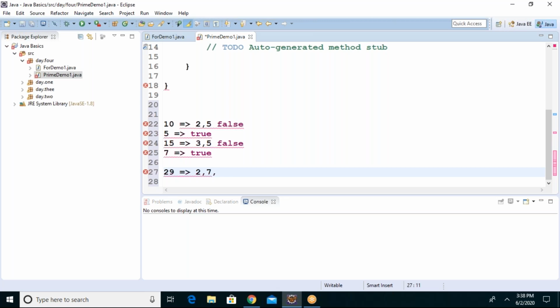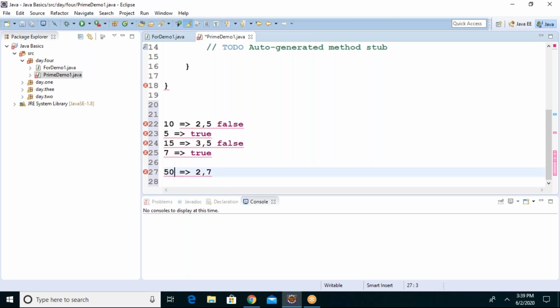And 29. Is it a prime number or not? No. But why should I check up to these numbers, or up to half of the number even? Because once you find a factor, see, if there is no factor, obviously it's a prime number. But if you find at least one factor, the first one, I can declare it is not a prime, right? Do I need to continue? Are you getting my point?